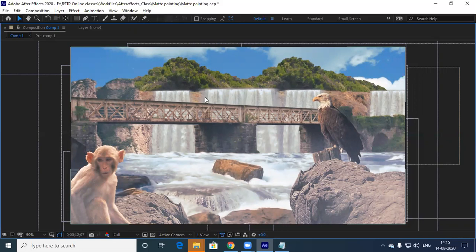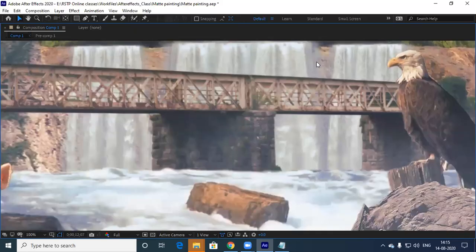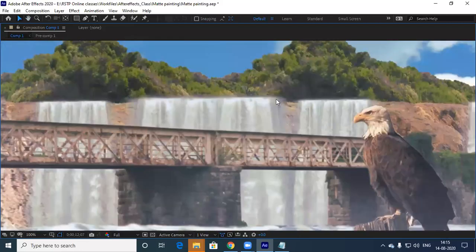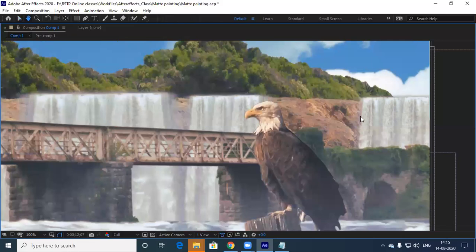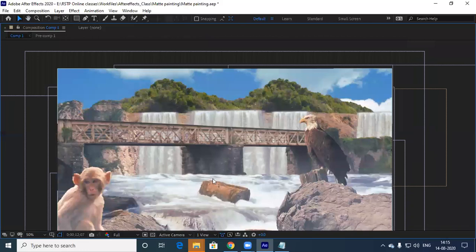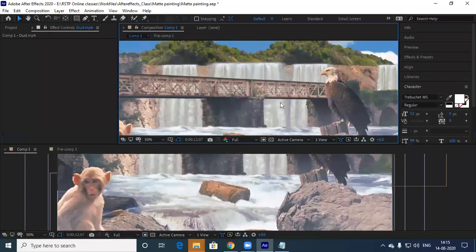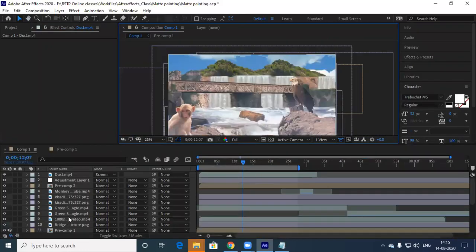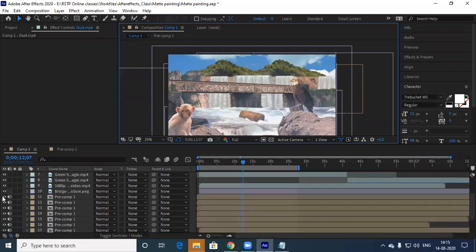See, for example, if you look into this particular shot, I feel the height of the waterfall is a bit more, because the land is somewhere here. The land part ends over here, but the water is a bit higher. So I need to adjust all these things. Here this looks fine, whereas this particular part should come down. Getting? So make sure you focus on each and every minute detail, so that mistakes won't happen.